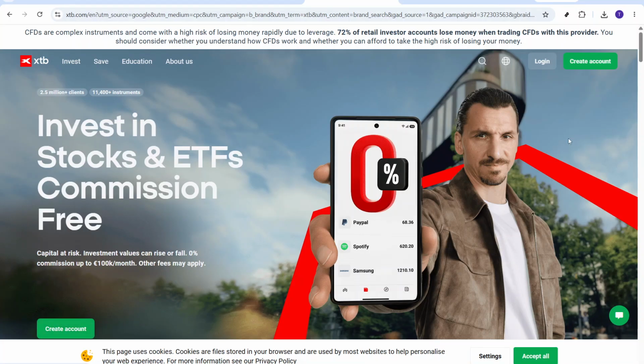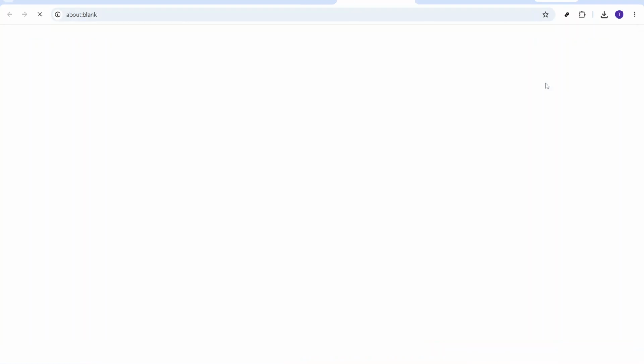Next, it's time to verify your identity. XTB takes security seriously, and this step helps protect your account. You'll need to upload a valid form of identification, which could be your passport, Aadhaar, or a national ID, depending on what's accepted in your region. Follow this by completing a quick selfie or video verification process. This might seem like an extra step, but it's instrumental in ensuring that your account is fully secure and compliant